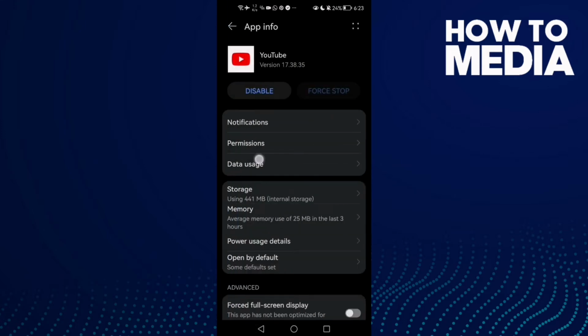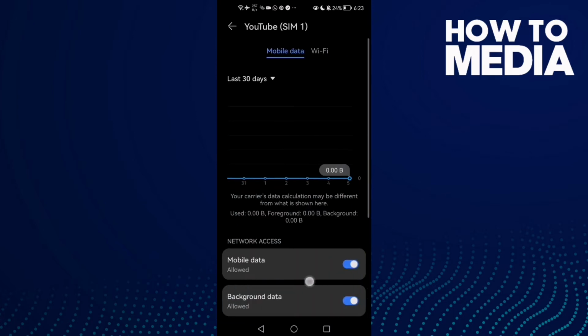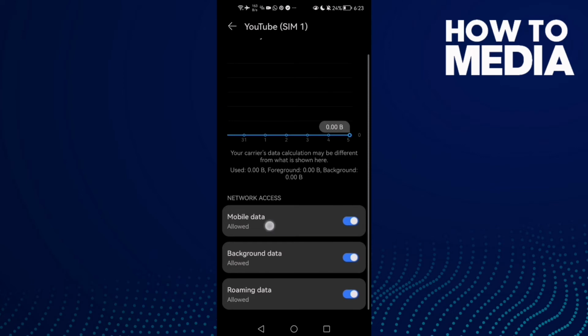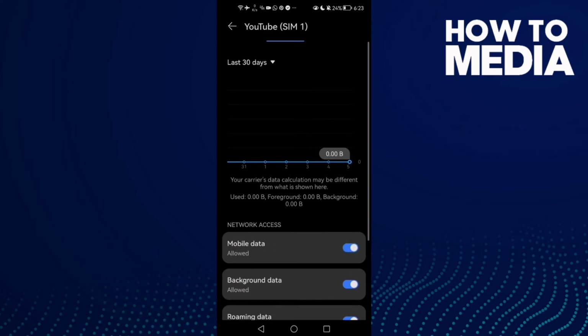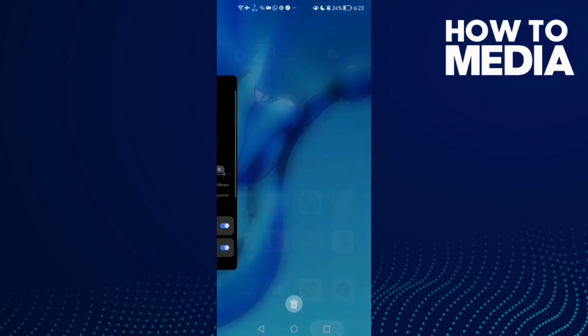and then go to data usage. Here you will find it, and here you will find the mobile data. You will find it like that. Just enable it, and that's it. And then